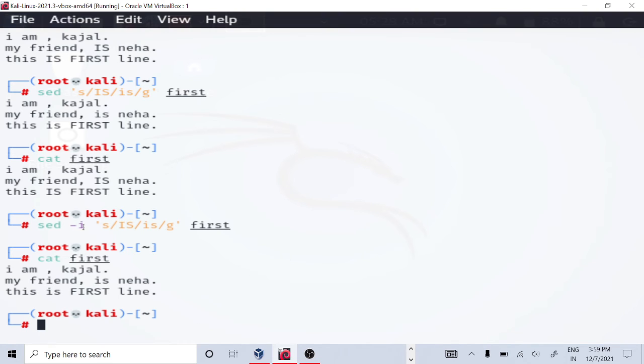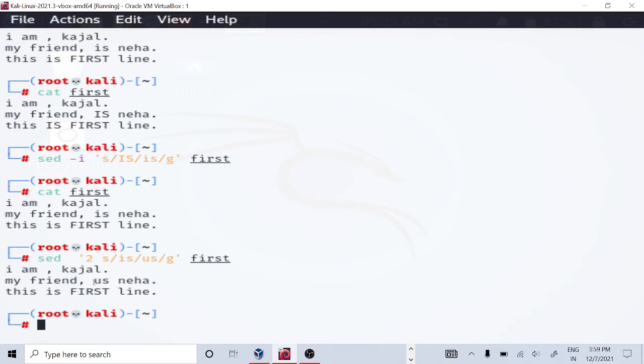And there are many options available for this. Of course, you can choose on which line number you want to change. Okay, you don't want to do the global replacement, so you want to change only one line. Now we have to take some other string. For example, I am taking is, and it will be replaced by us maybe. And here I am using the second line. In the second line, I want to replace this. So now is is replaced by us on the second line itself, not on the whole file. So in this way we can also do that. It is a very simple way to do it, right? So in this way we can do all these things.